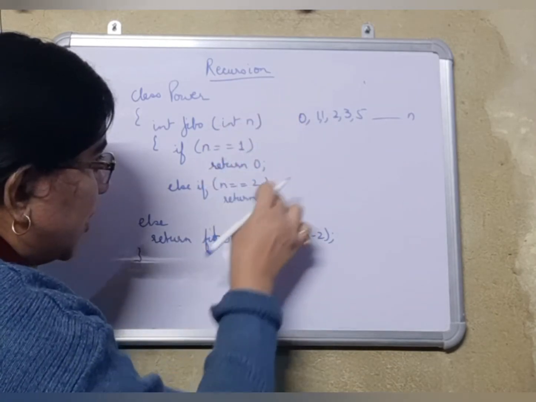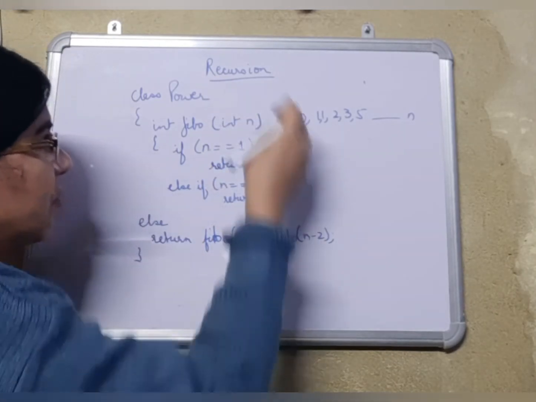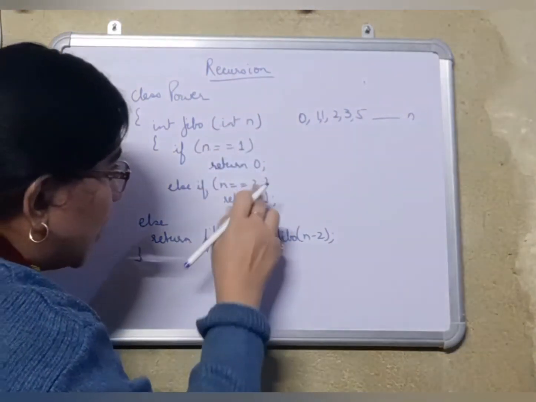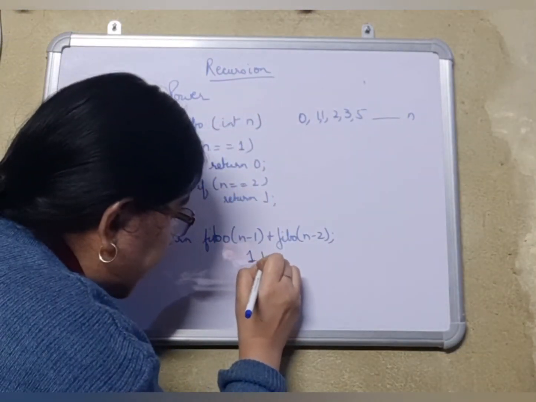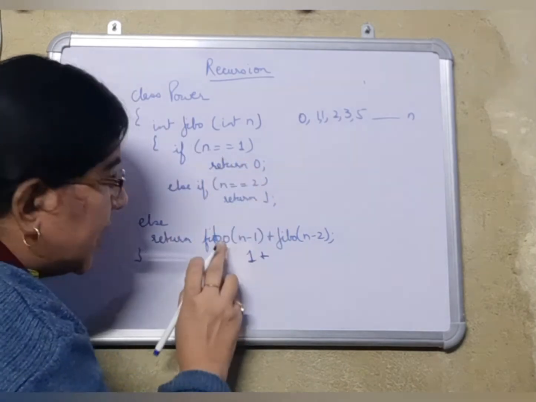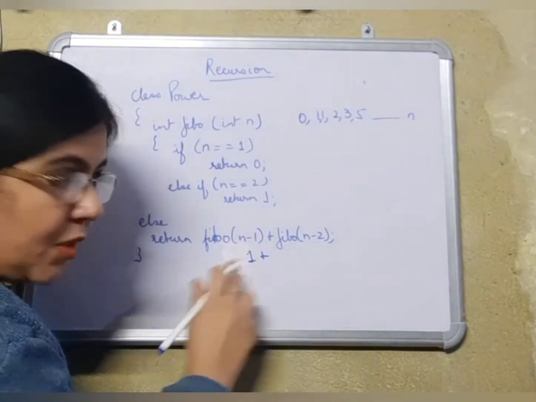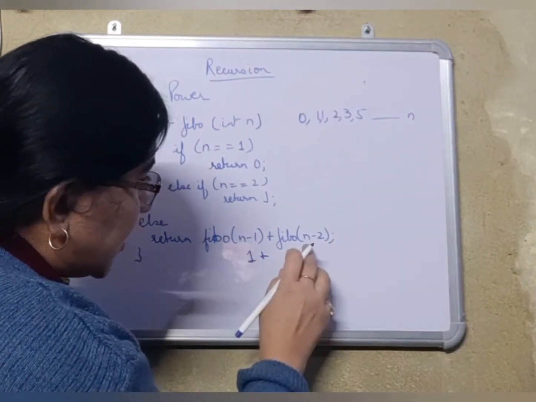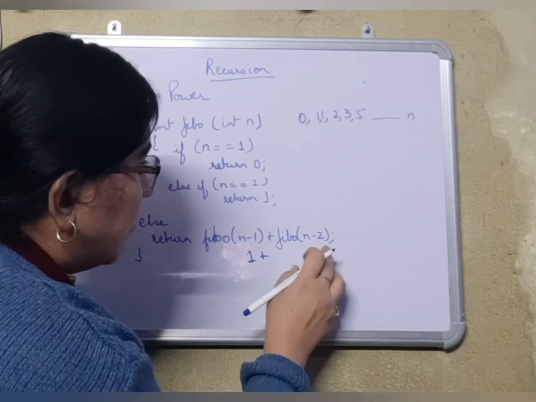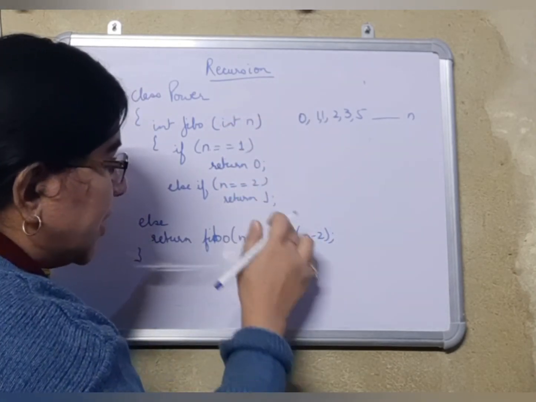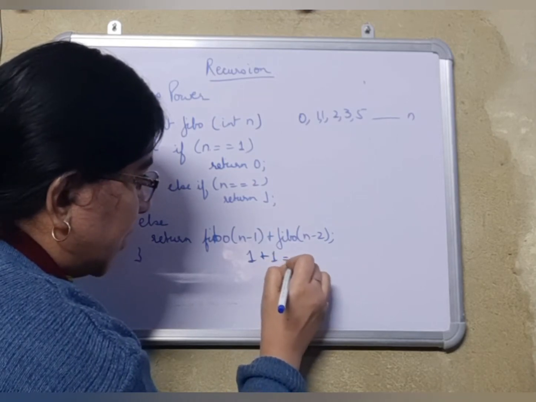3 is not 1, 3 is not 2. Then again 3 minus 1 will be received over here as 2 till you get an answer 1 over here. So it keeps on calling itself repeatedly till you get an answer here. It will not go to this part. Then after you are getting an answer over here, Fibo will call itself with n minus 2. 4 minus 2 is how much? 2. For 2, you are getting an answer 1. So 1 plus 1 is 2.